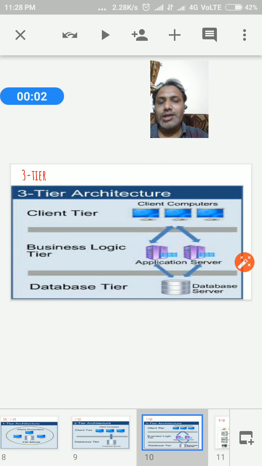Why is it comfortable? Because every component has its own respective layer. Suppose the application layer: it creates some GUI, which we call the front end. For that we have a number of developers, like HTML coders, who create their own code in a separate layer.